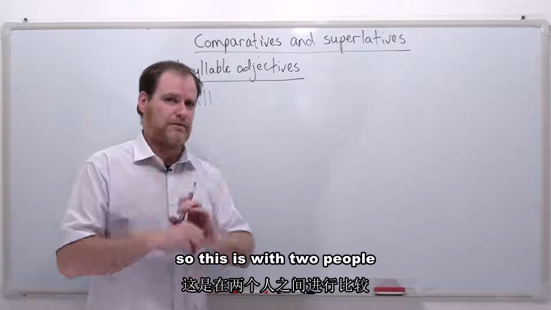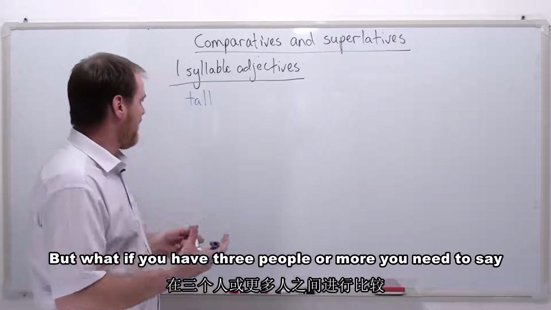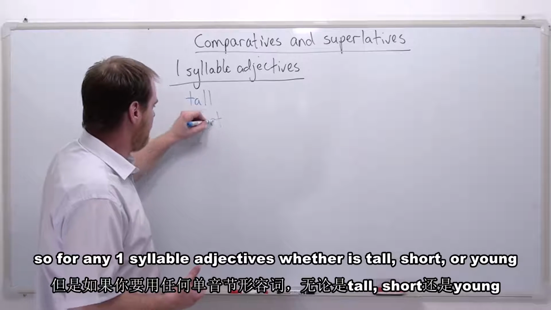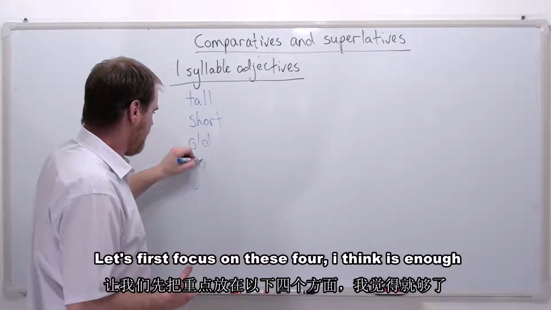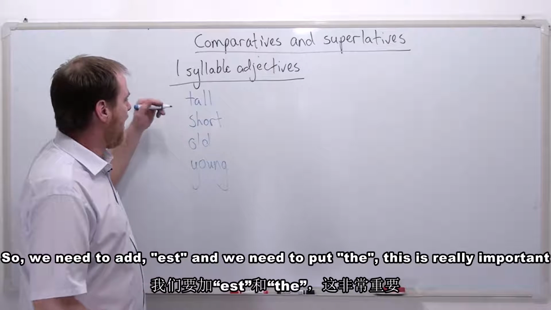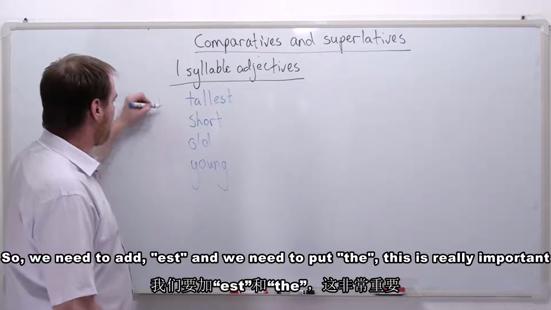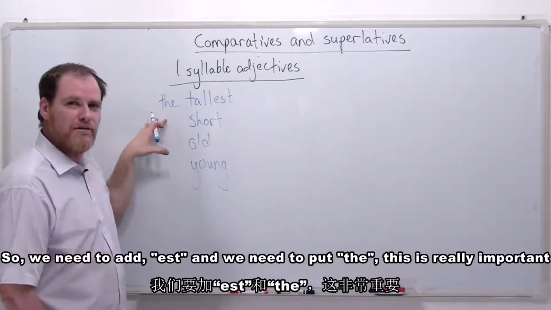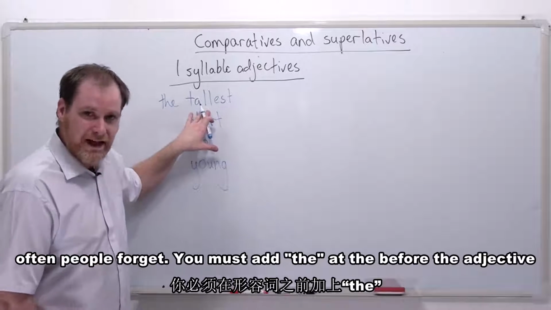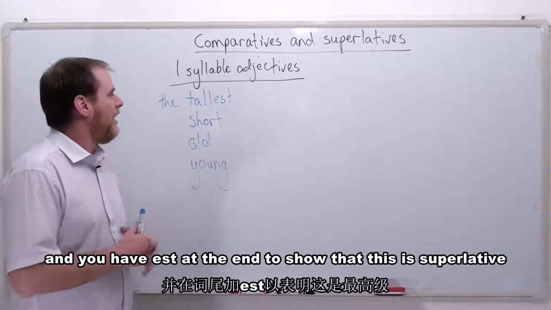So this is with two people, okay? But what if you have three people or more? You need to say, for any one syllable adjective, so whether it's tall, short, old, or young, let's focus on these four. I think it's enough. So we need to add est, okay? And we need to put the. This is really important. It's often forgotten, right? You must add the before the adjective,